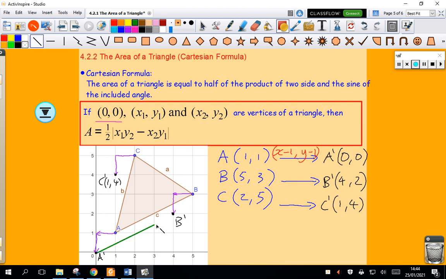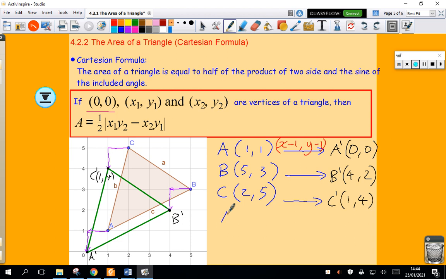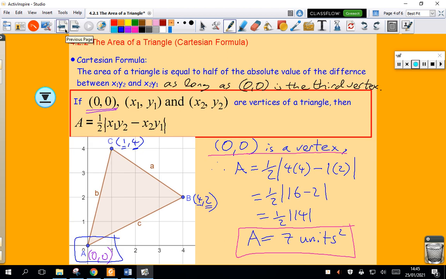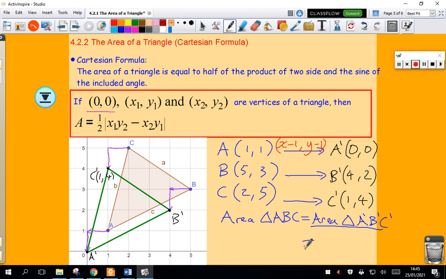So this is my triangle, and we're saying that this triangle will have exactly the same area as the original triangle. So what I'm saying is the area of triangle ABC will be exactly equal to the area of this image triangle, triangle A dash, B dash, C dash. In geometry, A dash means the image of A, B dash means the image of B, C dash means the image of C. So now I just have to find the area of that triangle, but if you look back at the last example I did, that was precisely the triangle I had used there. So I already know that the area of that triangle is 7